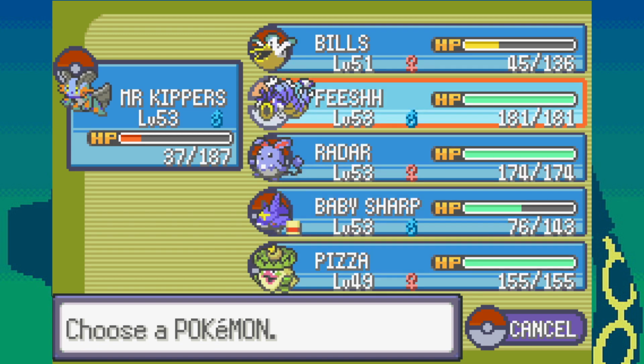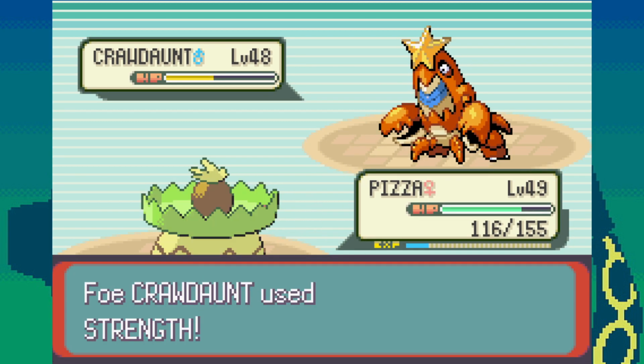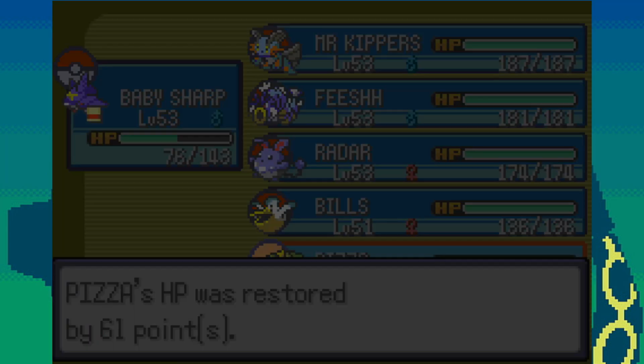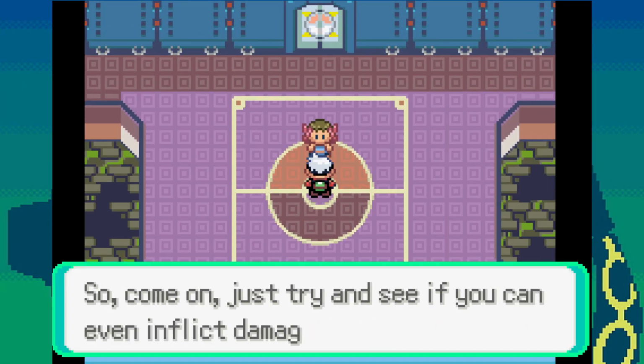I want to switch to Pizza here because Pizza could use Bullet Seed and get that super effective attack on him. 2 turns of using Bullet Seeds, took down Sydney, and we won the fight. So I started healing up all my Pokemon real quick. I wanted everyone to be on max HP before the next fight of course,